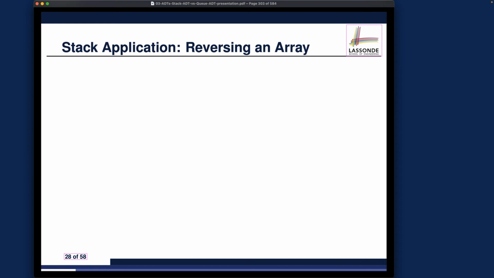Let's see how we can use stacks to develop some useful applications. I got 3 examples for you. And for the first one, it's simply to reverse an array. That one is a rather straightforward application of the last in first out property of the stack. So for that one, I'm going to give you the solution and also go over some test cases with you